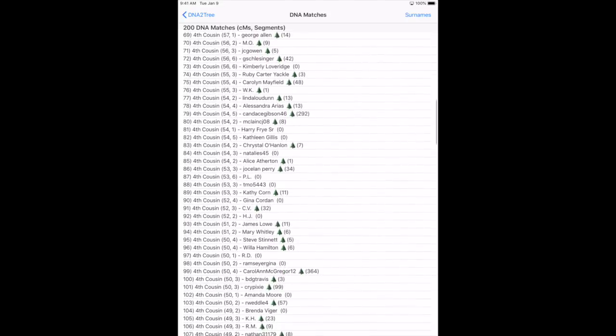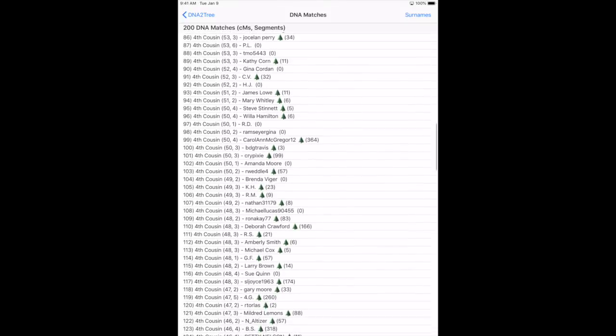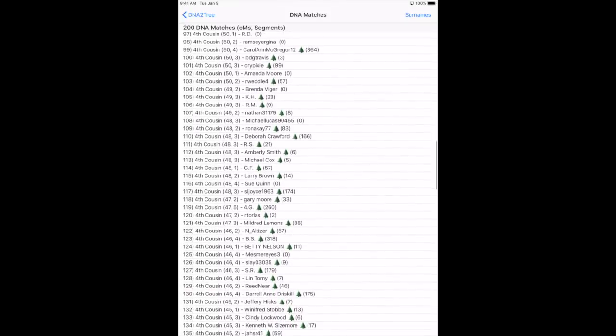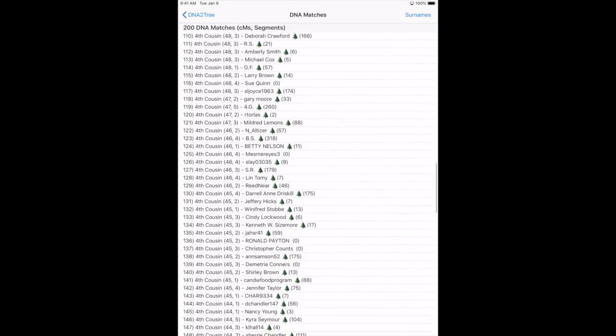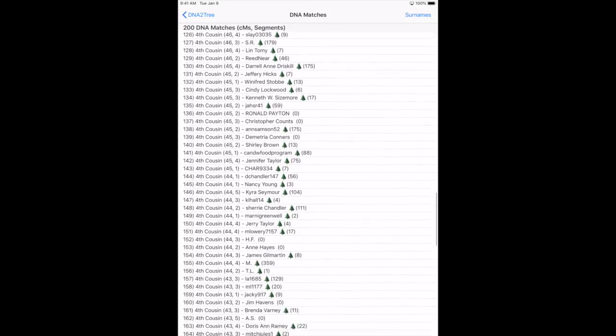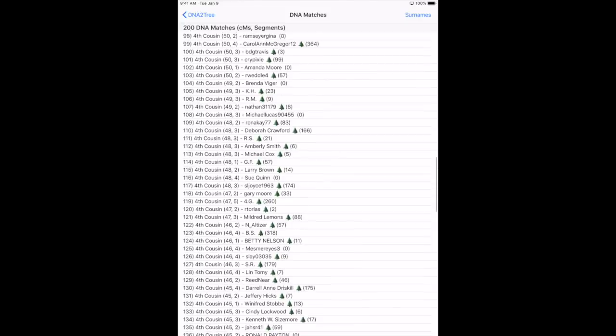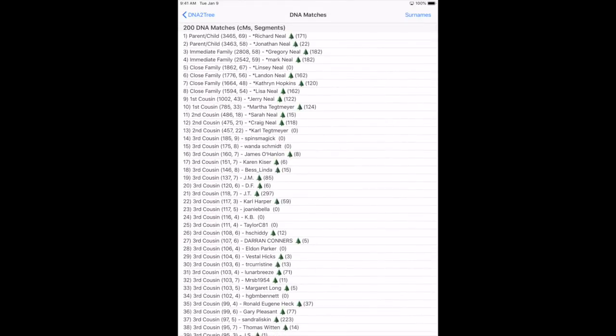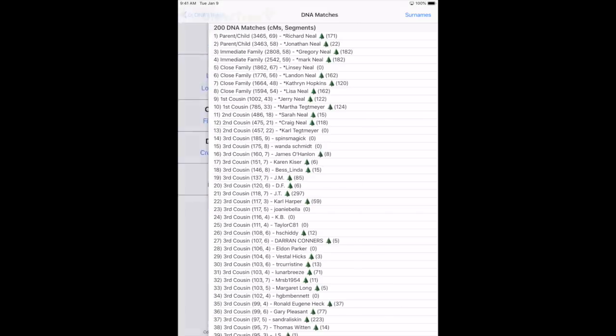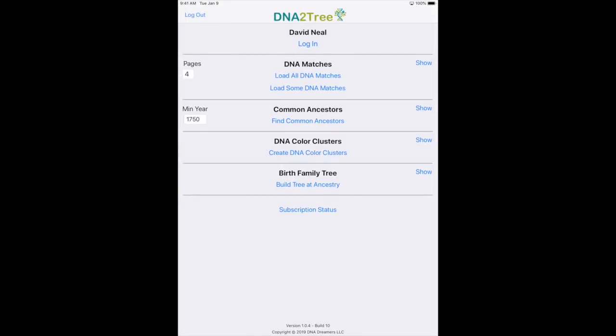Now the little tree icon indicates that they actually have people in their pedigree tree. And the number in parentheses afterwards indicates how many people are in their tree. So we've actually loaded probably about 7,000 people from this first 50 pages. So let's now look at what we can do with this information. If we go back to the main screen,